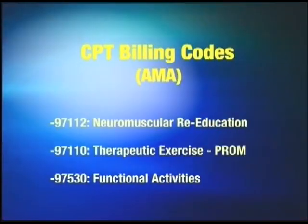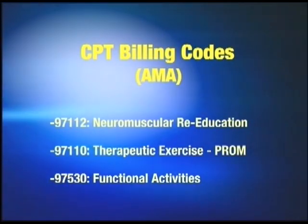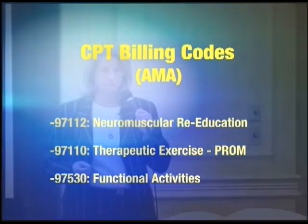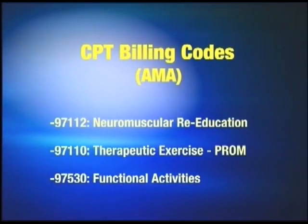So basically we're going to be doing a passive range of motion treatment. And what's the CPT code for passive range of motion? TheraEx, right? Therapeutic exercise. So if you want to bill for this, one of the available codes is 97110. The code that I feel is more appropriate, because we are re-educating the neuromuscular system, we're tapping into those reflexes that hold abnormal tension, is the neuromuscular re-education code, and that's